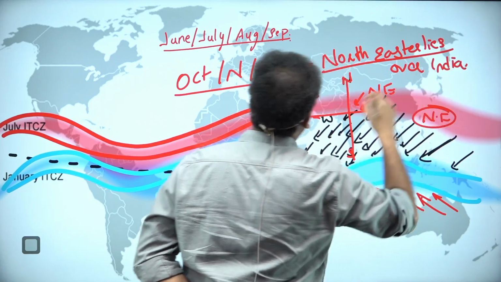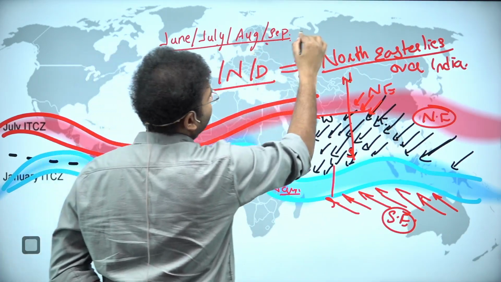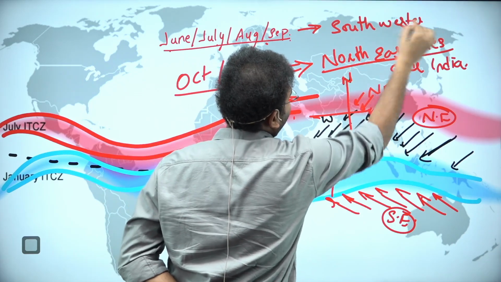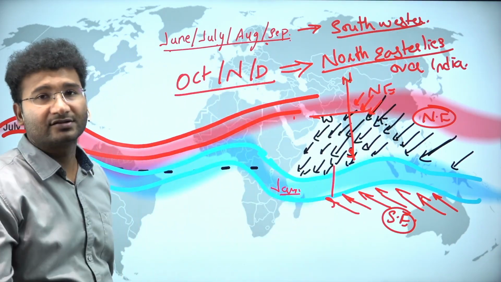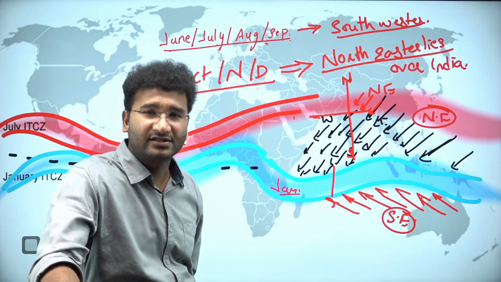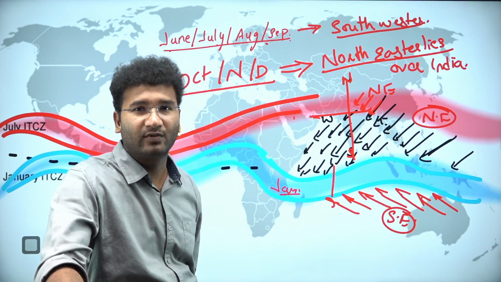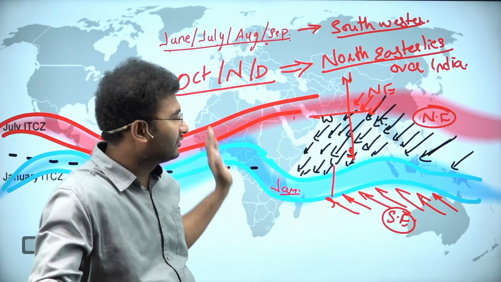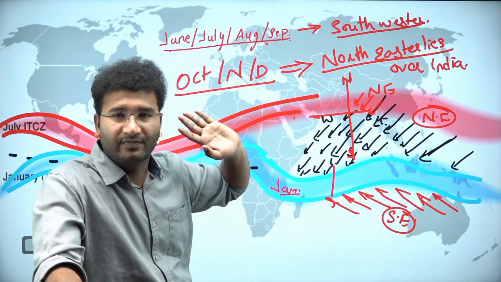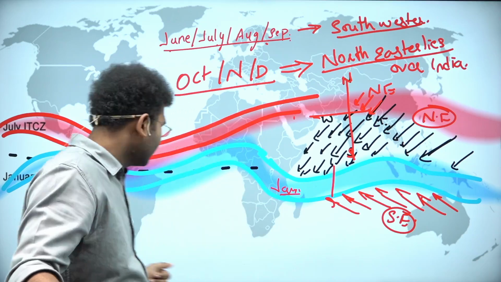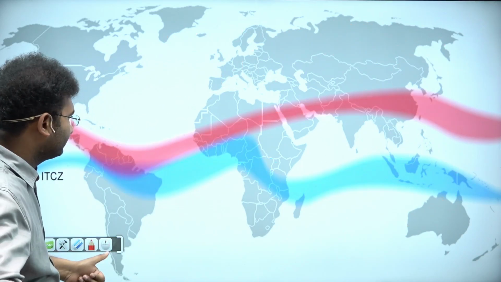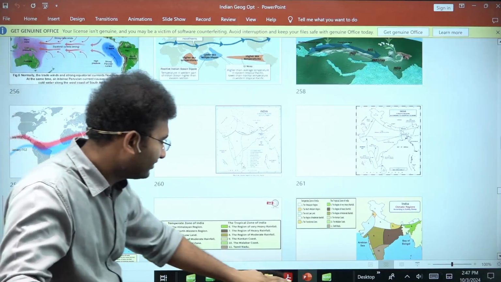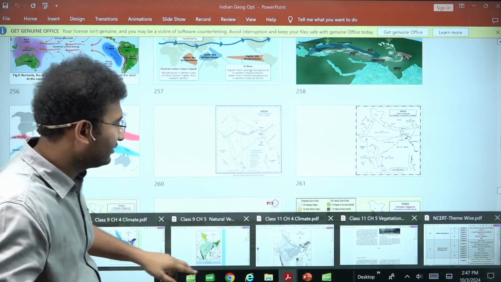And in June, July, August, you will have southwesterlies over India. Southwesterly winds, or southwest monsoon winds, are there over India. So these are the aspects that you will see over here. Now come back. We'll try to understand the entire climate of India. What exactly is happening during the months of